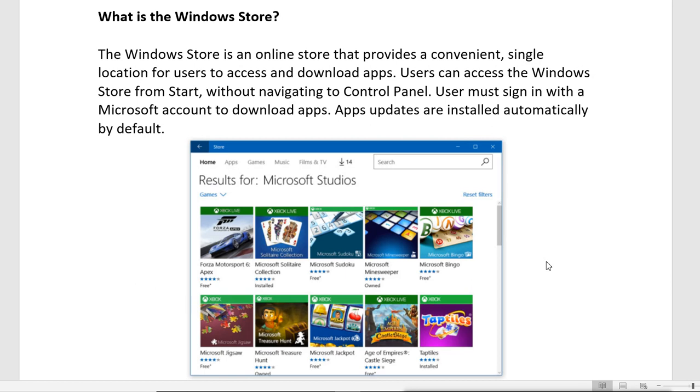So this is the Windows Store app, where you can download multiple different apps. But for downloading any app from here, you have to log in with the Microsoft account. You can compare it with the Google Play Store in Android mobiles. Same as this, you have to log in with your Microsoft account here. Then you can download multiple applications. There are free applications, and there are some which are paid. There are games, applications, tools, lots of things. We can download all those things which are available, but first we have to log in with our Microsoft account.